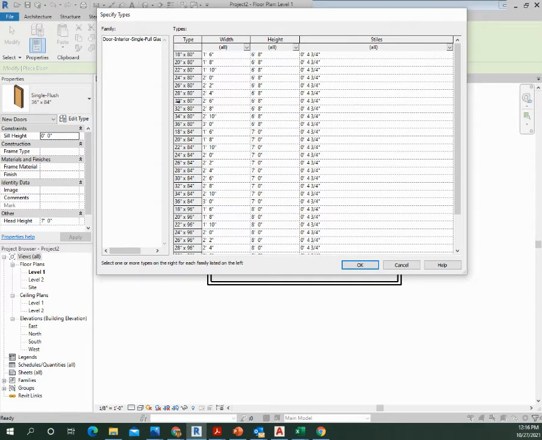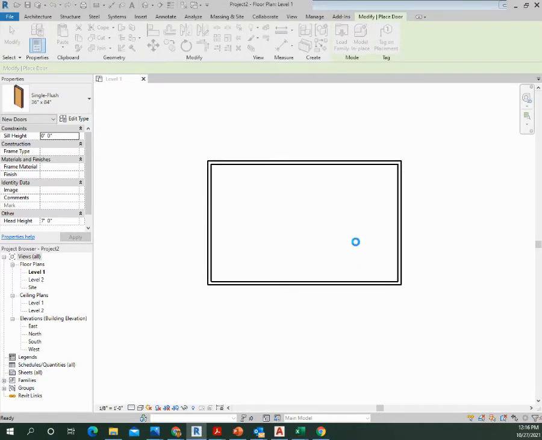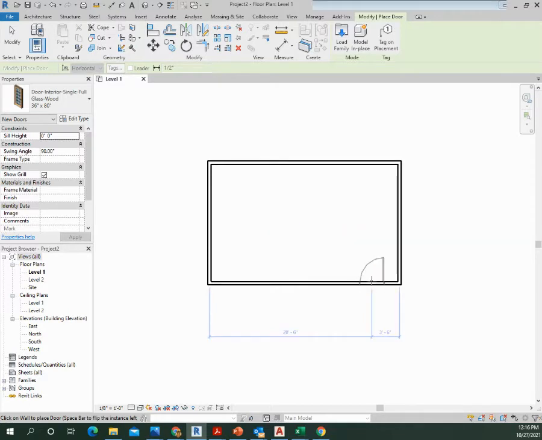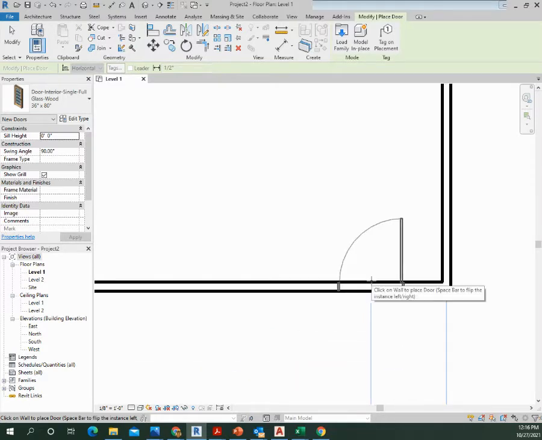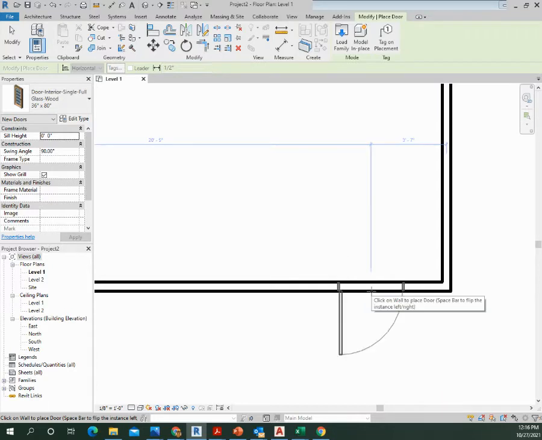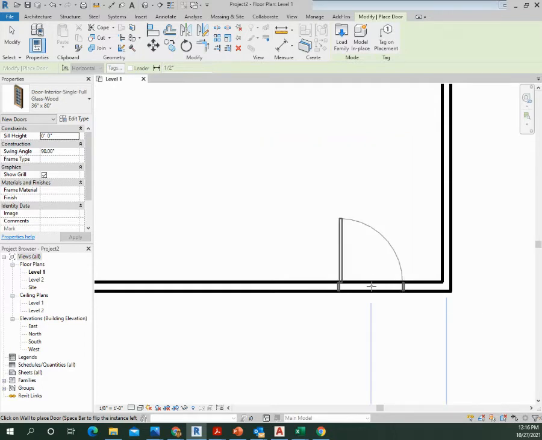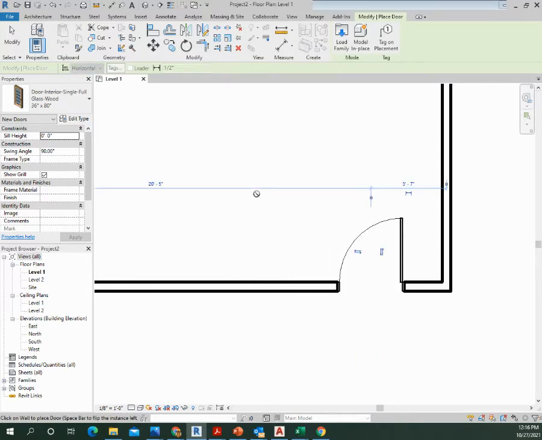And you're going to get this other menu. We typically only try to load the ones that we need. So I'm going to go with a 3680. I'm sorry, that's the wrong one. 3680, which is a typical exterior door. And you come down and touch the wall. If you touch the wall on the inside, the door goes on the inside. If you touch the wall on the outside, it goes to the outside. But you can also use your space bar to flip the door in the direction you want. So we're just going to place a window right here, I mean a door,